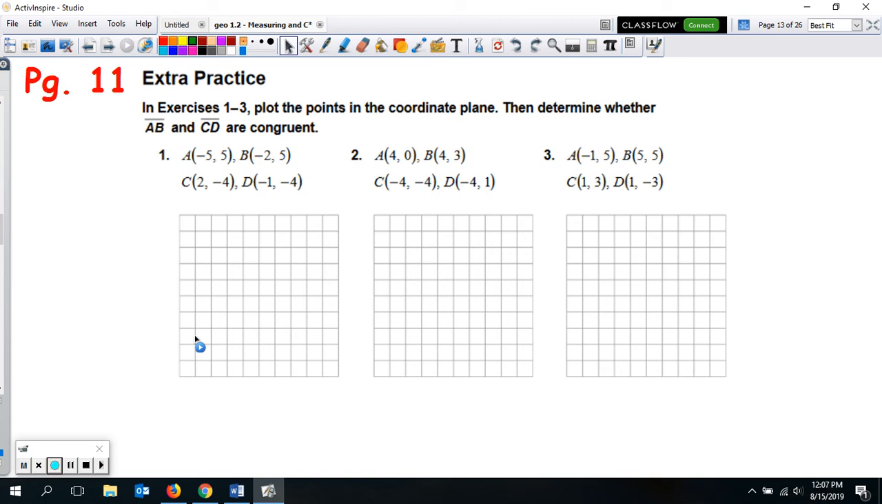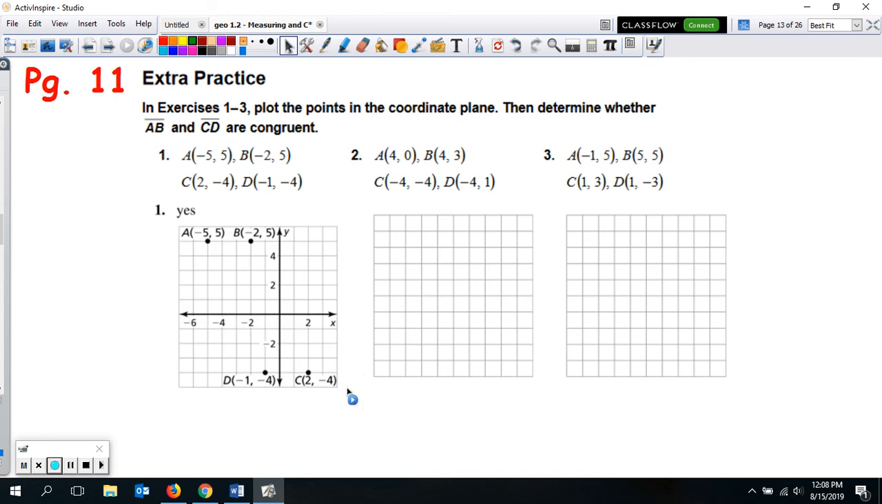Okay, hopefully you finished number 1. Let's check number 1 before you go on to these other 2 problems. So let's check and see if you did number 1 correct. So here's what you should have had. Now, they actually didn't connect the dots. I would prefer if you would connect the dots here to make a segment,